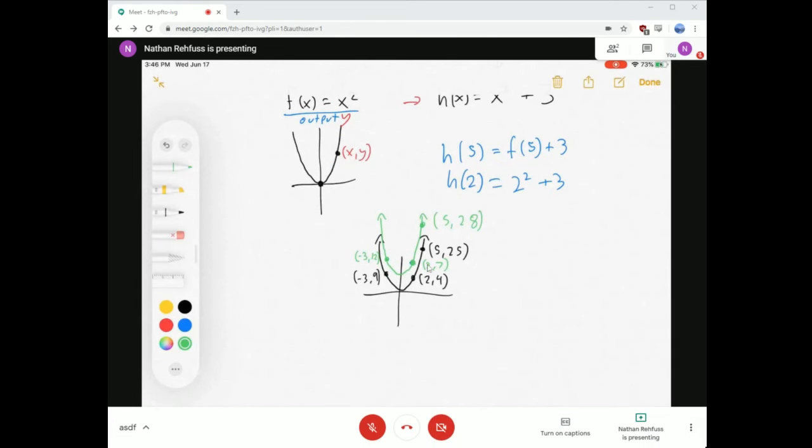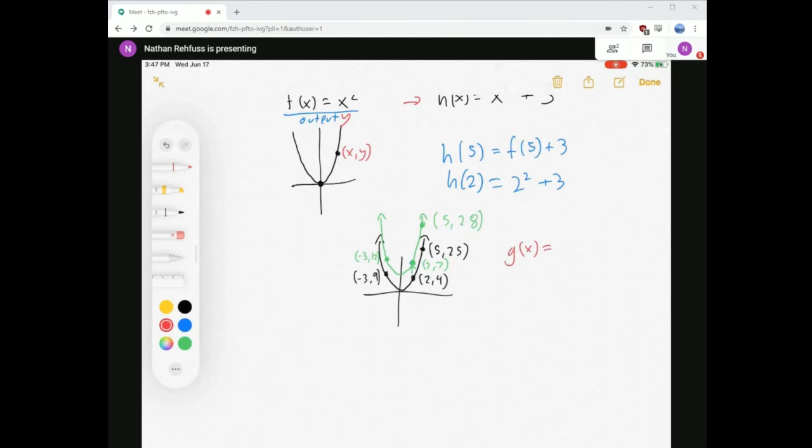So h of 2 is 7 because f of 2 is 4. It's like this point has moved up. Since every point moves in the same direction the same distance, the whole graph moves up. If I wanted to go the other direction, I could say maybe g of x equals x squared, or here,